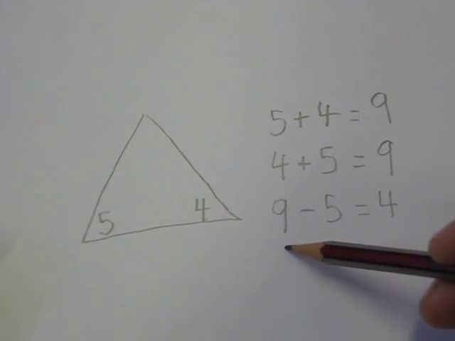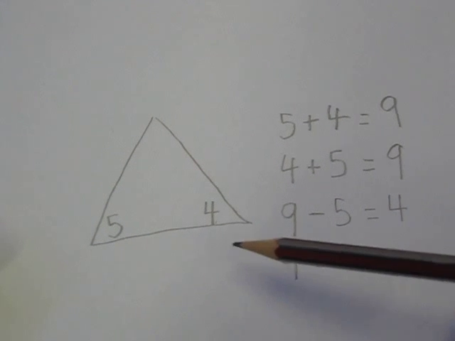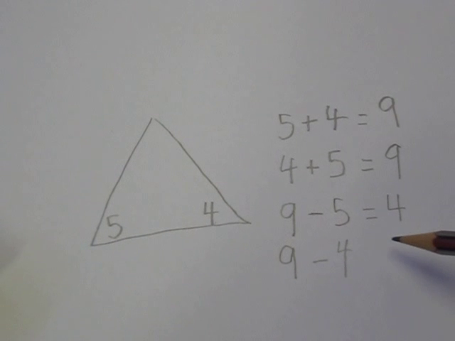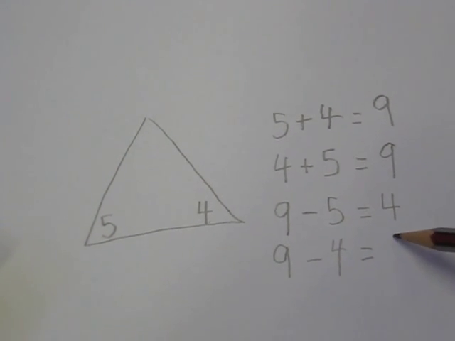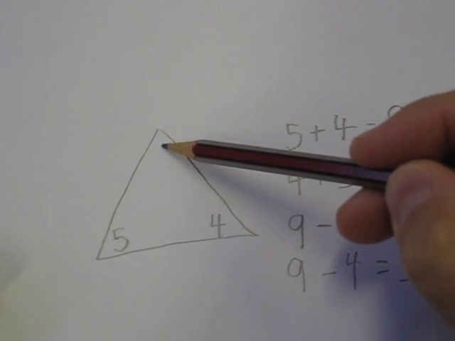And the last way, start with the big number again. And this time what do we use? We've already used the 5. We must have to use the 4 this time. Equals 5. So we can use our number up here